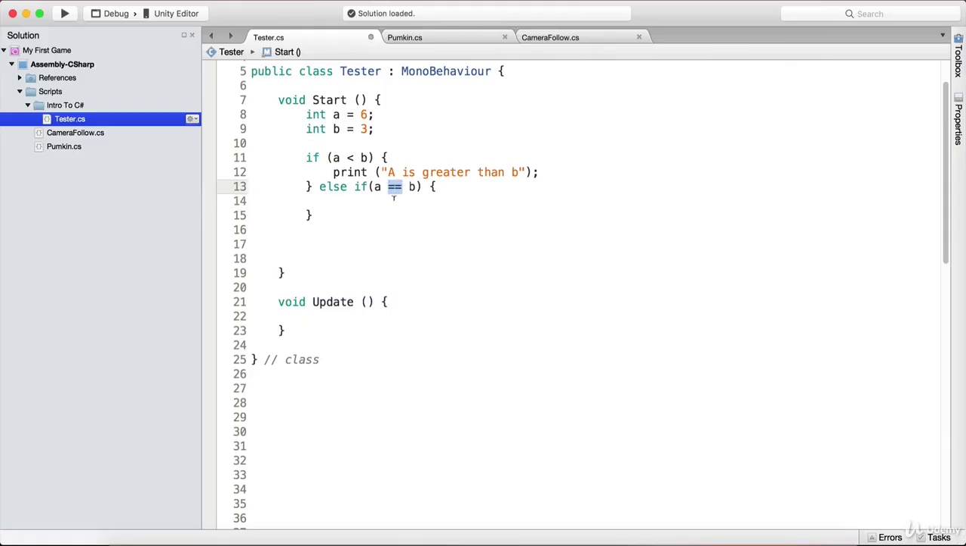Don't confuse double equals with a single equal sign. What is the difference between them? Well, a single equal sign assigns this value to this variable. So a is equal to 6, meaning the value of a is 6. But if a double equals b, that means test if a, or the value that's inside of a, is equal to b. So if this is also not true, we want to test if a is greater than b,